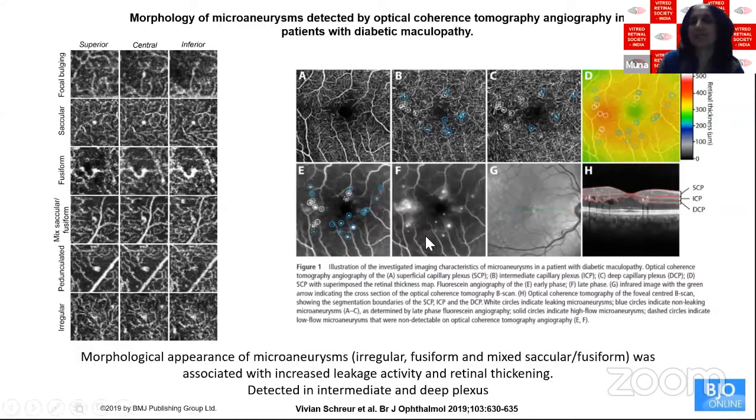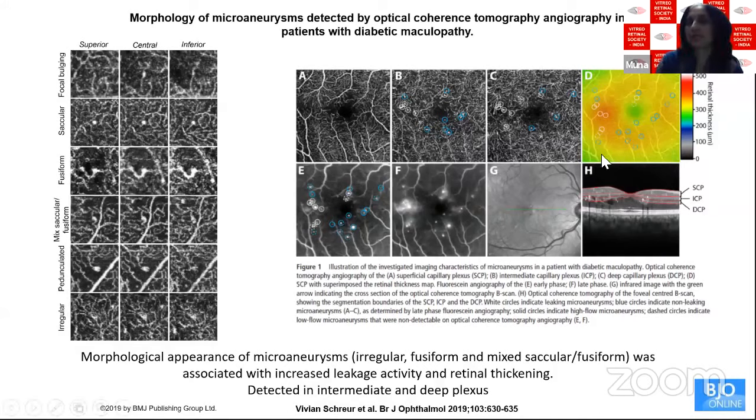This picture very elegantly describes why you cannot see them. These are the OCTA images. This is the fluorescein angiogram image. Because microaneurysms can be at different levels in the retina. Here you see there are microaneurysms which are visible in the deep plexus. Here you see microaneurysms which are visible even deeper. Some of them leak, some of them do not. And why do they not leak? They do not leak because the flow is too low to detect.